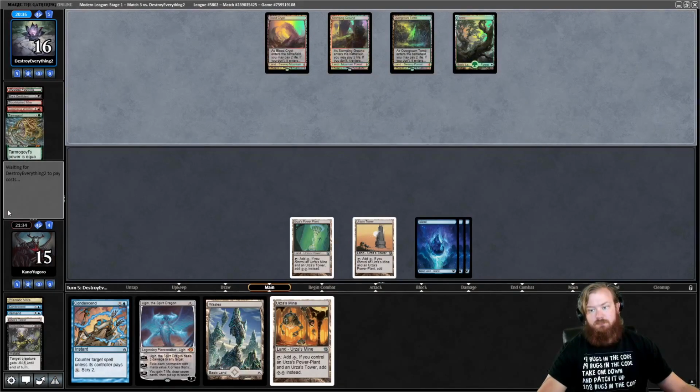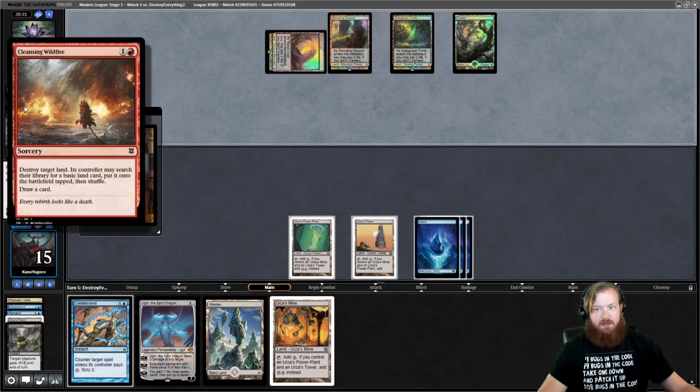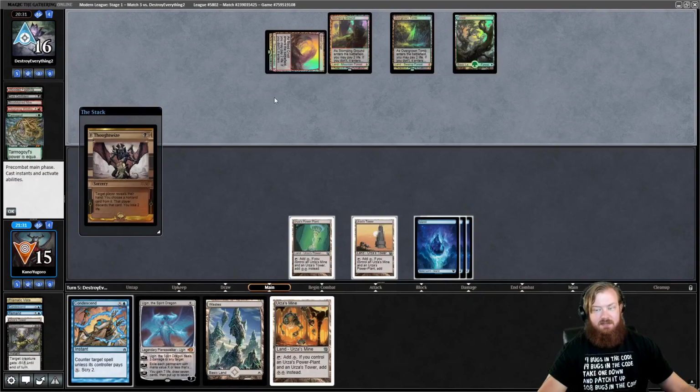I think in Jund, Fulminator Mage is going to be better than Cleansing Wildfire on average. Because Cleansing Wildfire seems best versus...